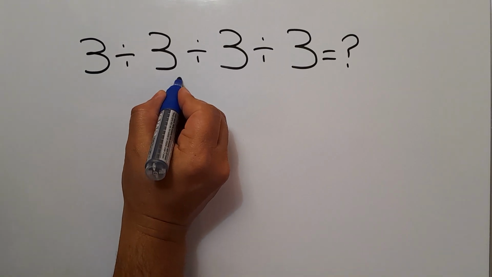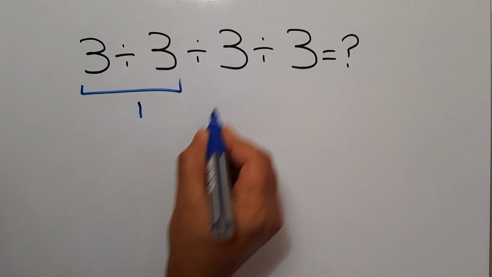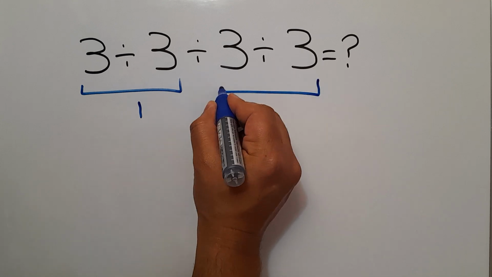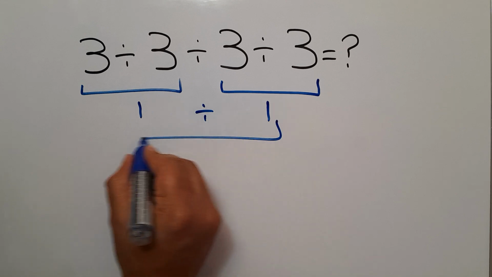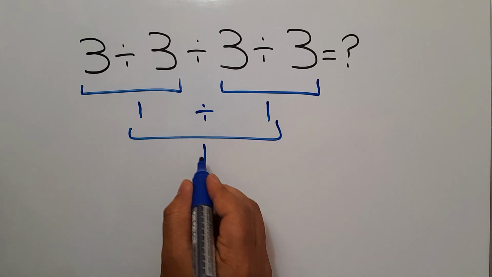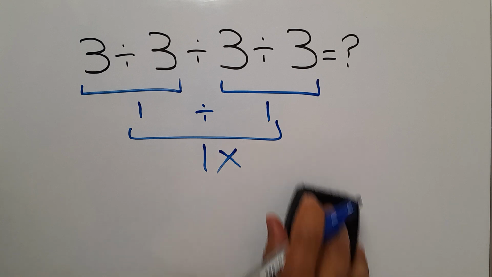3 divided by 3 equals 1, and 3 divided by 3 again equals 1. And 1 divided by 1 gives us just 1. But this answer is not correct,